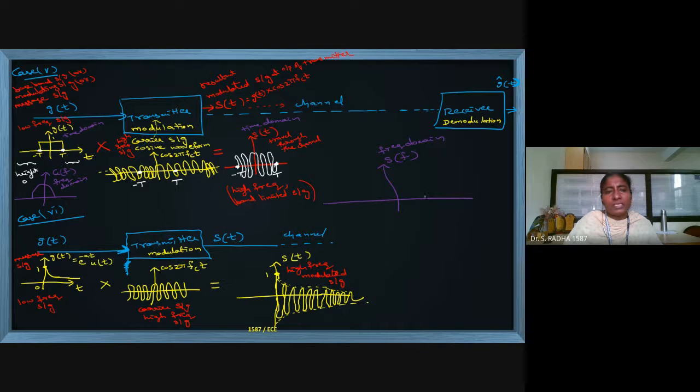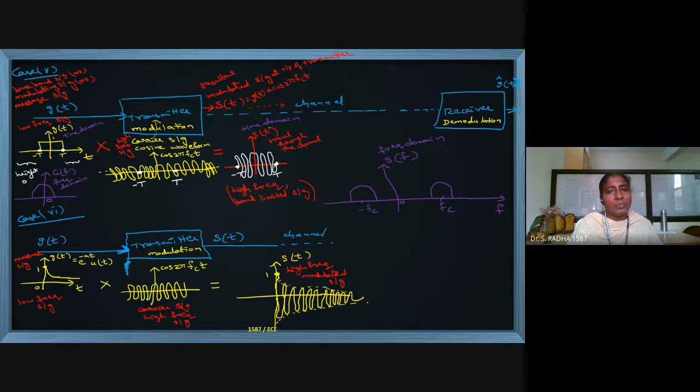And it will be the center origin. Whatever is present at the input before the transmitter, whatever is present with respect to origin, that will be shifted to the right side, with respect to plus fc, and with respect to minus fc. This is the origin. X-axis we know 1, 2, 3, 4 like that. Positive x-axis has positive values, negative x-axis has negative values. So this is the spectrum, the modulated signal spectrum, the S of t spectrum.